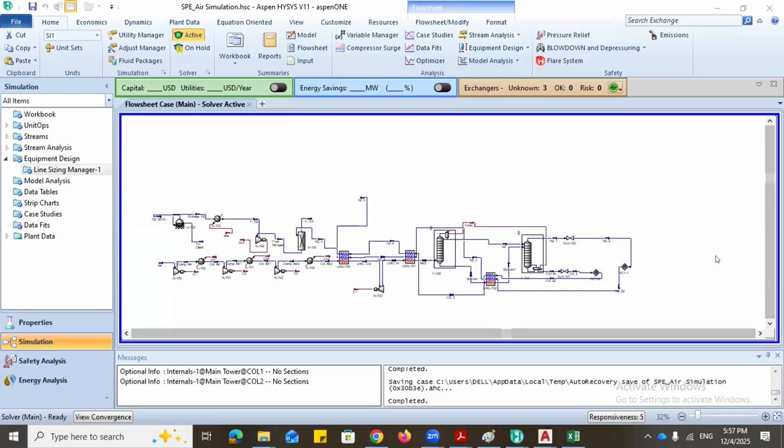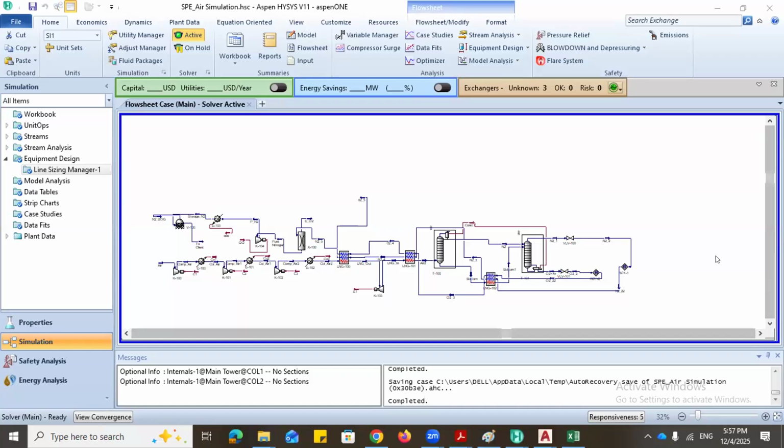After the simulation, we are going to generate the heat and material balance. As we are generating the heat and material balance, we are also generating the process flow diagram. So at the conceptual stage of design, you will have a PFD and heat and material balance. When you move to the field stage, before you do any sizing or anything, you first of all